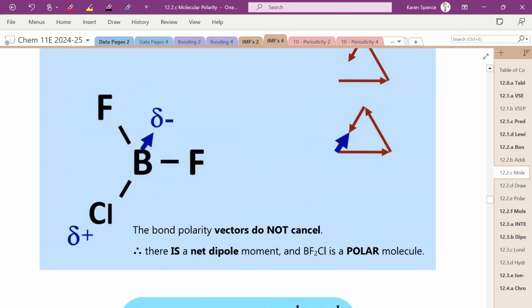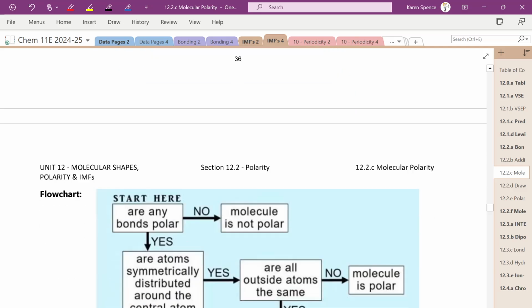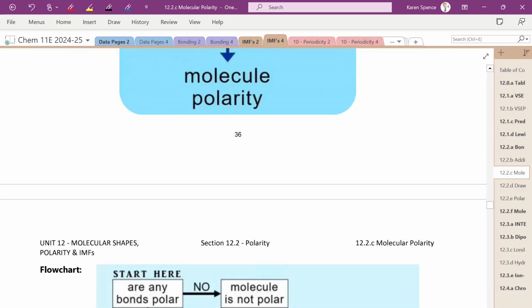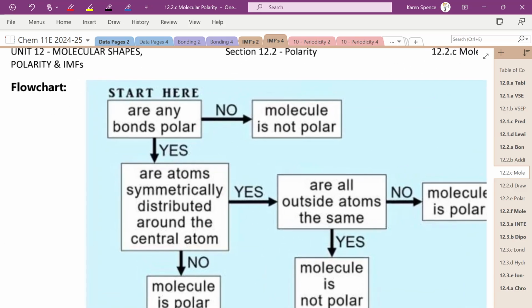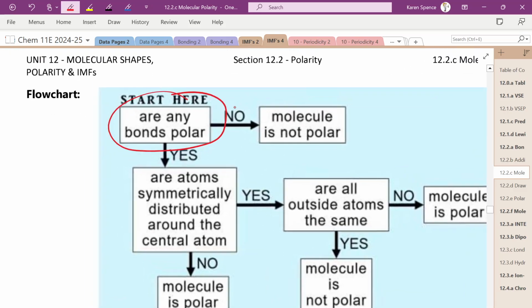Any other exciting ones? Bond polarity, and then the shape gives you molecular polarity. So are any of the bonds polar? If the answer is no, then the molecule will not be polar. So that's why carbon, which is approximately the same as hydrogen, anytime you have carbon and hydrogen,